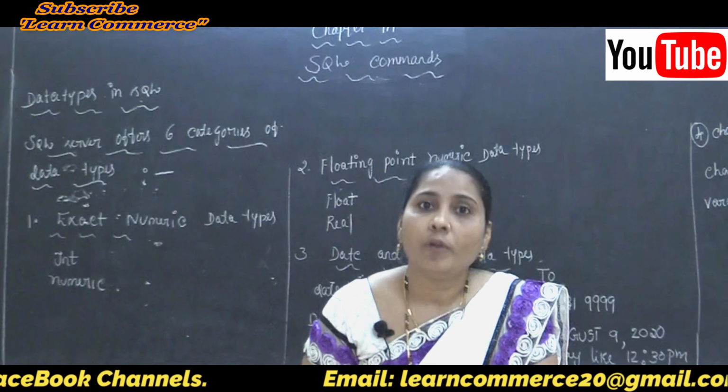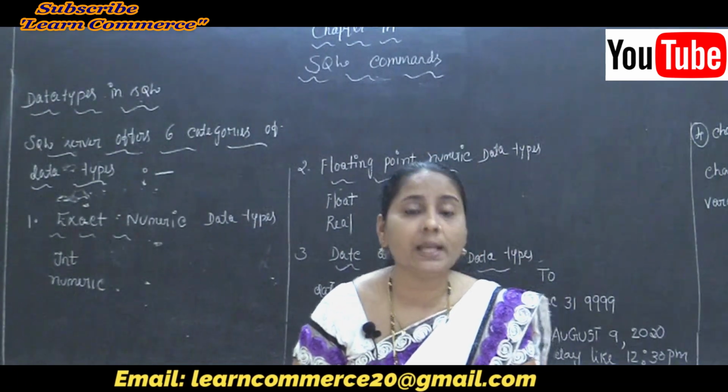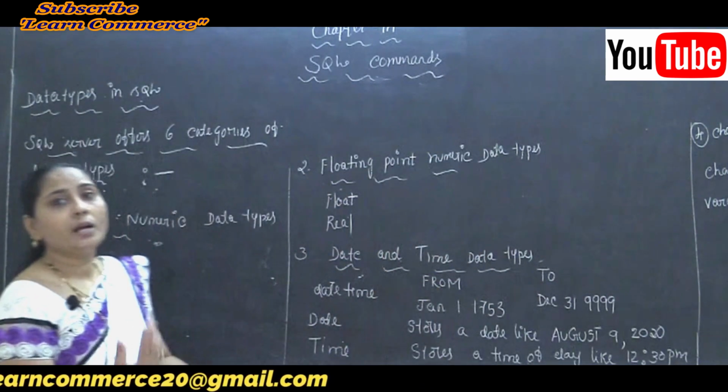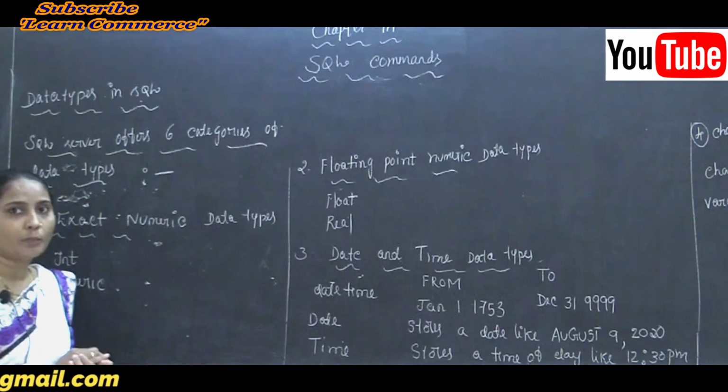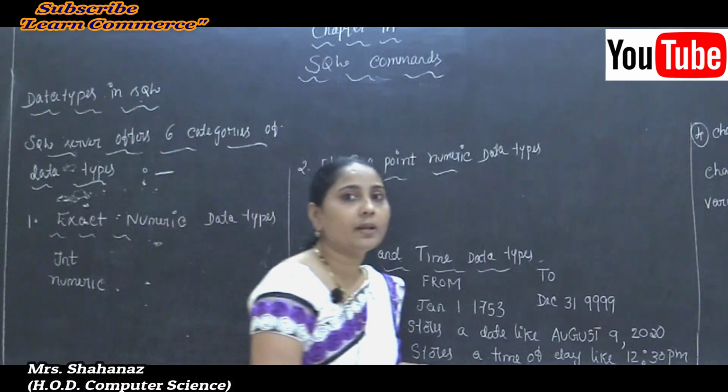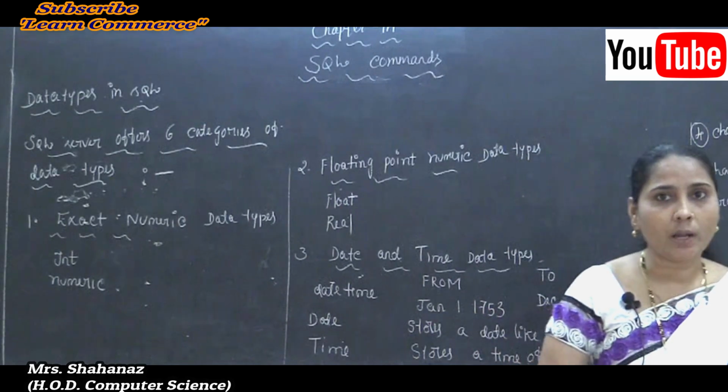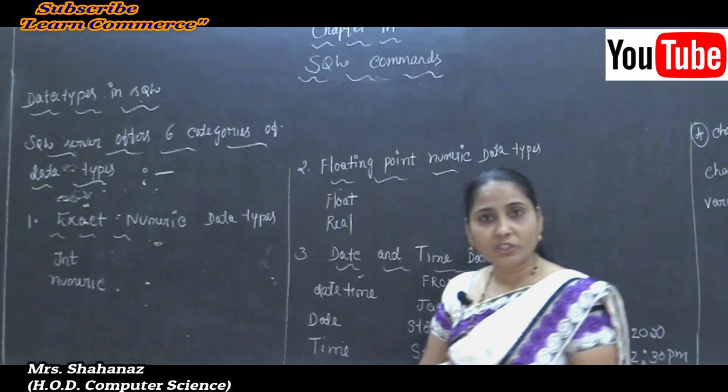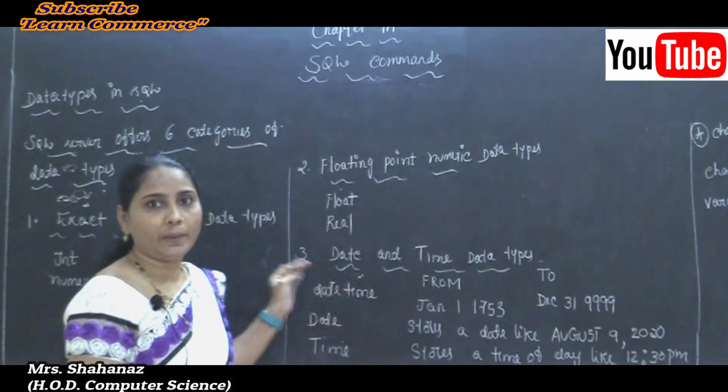So the SQL data type is an attribute that specifies the type of data of any object. Why? Because the object is the table. Clear this point here? So such a column, the data type is mostly used in the table column, and each column, variable and expression has a related data type in SQL.